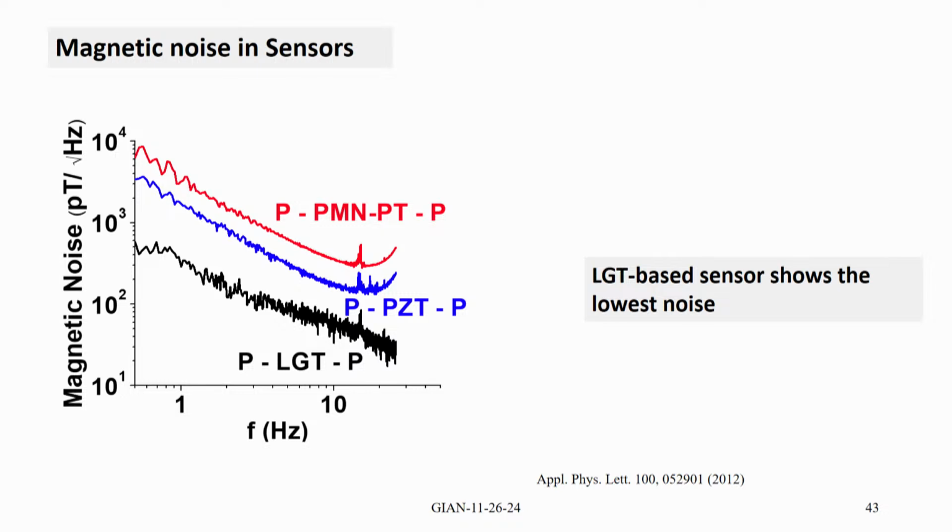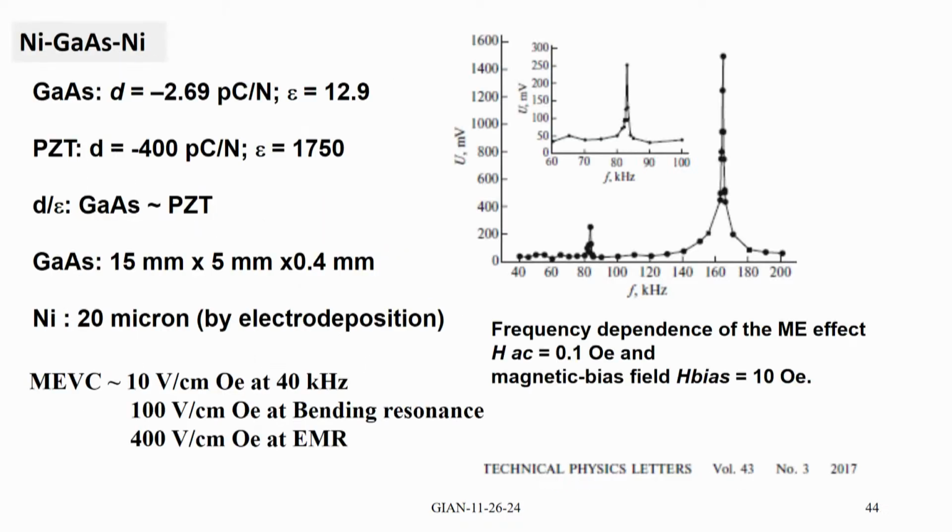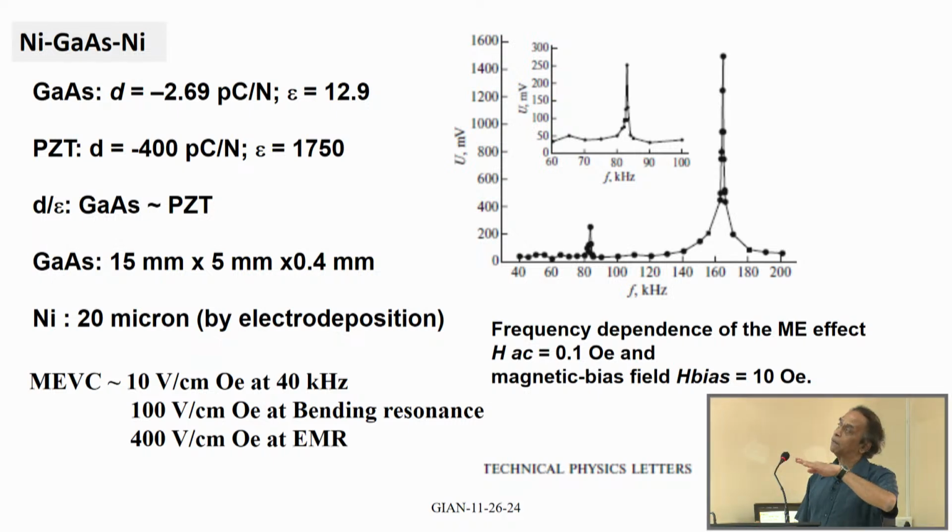We built sensors out of this and looked at the magnetic noise. So, these are not important at this time. The gallium arsenide is used in several semiconductor devices. The ICs are made on gallium arsenide or gallium nitride substrates. So, we wanted to find out if you can integrate a magnetoelectric device and a semiconductor device on the same platform, because gallium arsenide and gallium nitride are good piezoelectrics, as good as quartz or langasite or langatite.